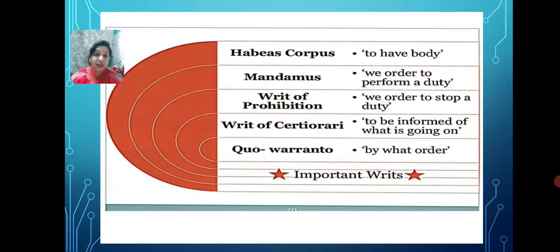Okay, so these are all legal terms. We have a lot of vocabulary based on the field we work in. For example, if you are in the cooking field, you have a lot of vocabulary like cuisine, cutlery. If you're in the computer field, you use words like output, input, login, shutdown. So these are certain legal words or legal terms used only by legal people, the advocates, judges, law practitioners, etc.